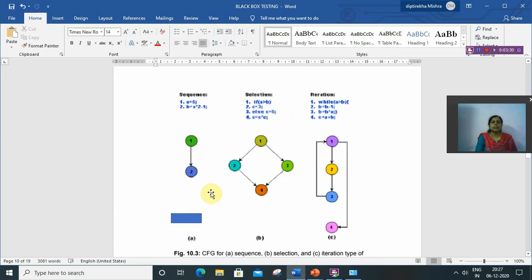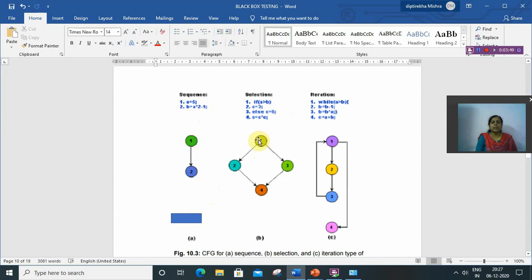So this is the example. Sequence means all the statements are executed one by one: after the first statement, the second statement is executed, then the next.